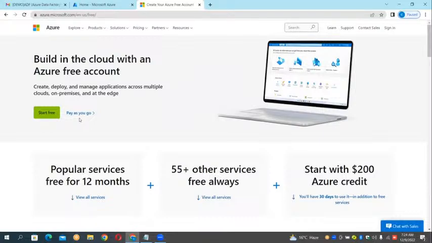And after 45 days, obviously you have to convert this to the pay as you go model. When you go to pay as you go, they will not charge you more than 800 to 1,000 rupees, but you have to manage it.